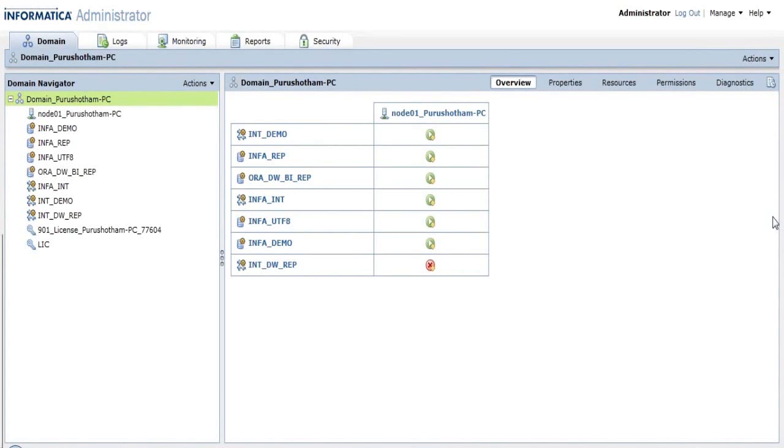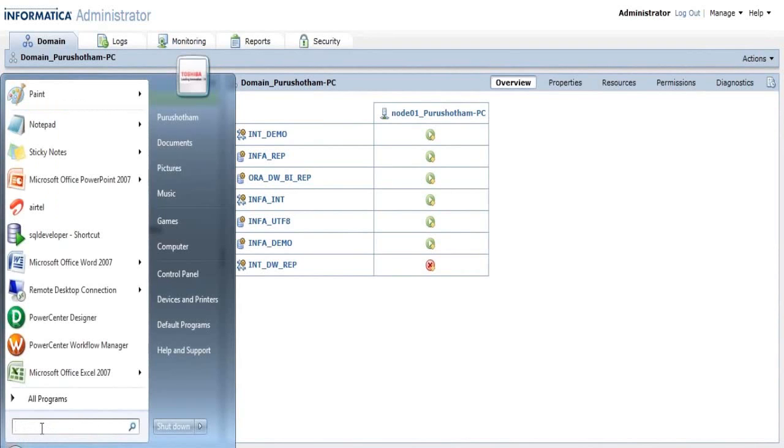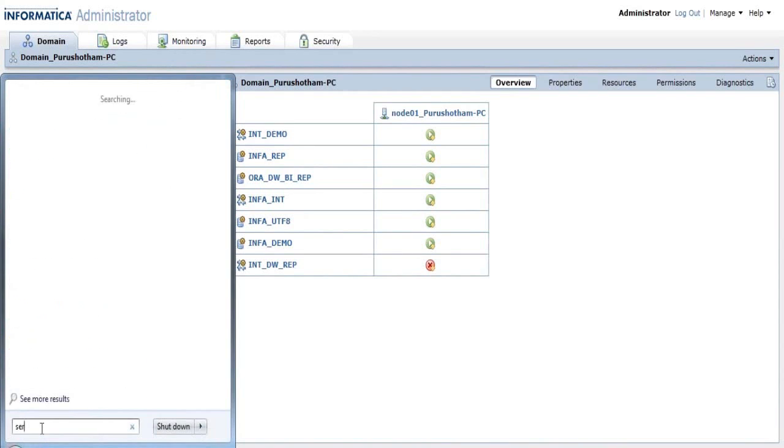Yes, Rajni, I'll answer your question one moment. You want to start the services from the VMware machine, right? So first you have to log into the VM and then go to services.msc on your run screen. I think they have installed Windows XP. So on the run window, you just type services.msc.